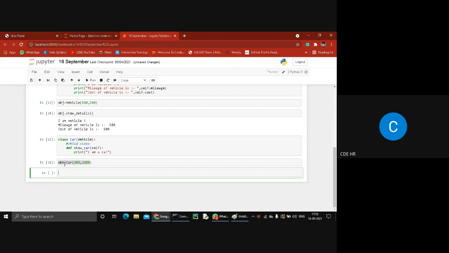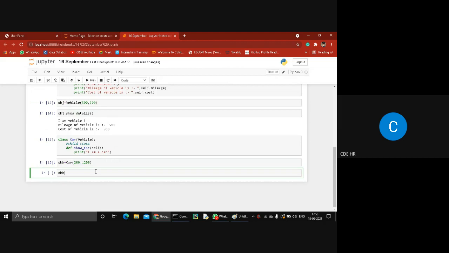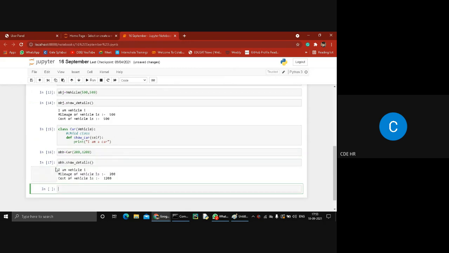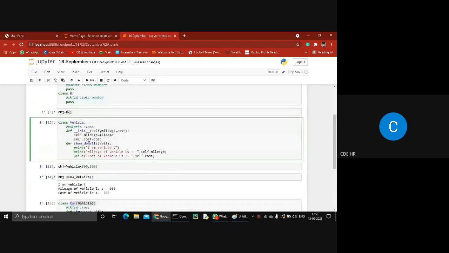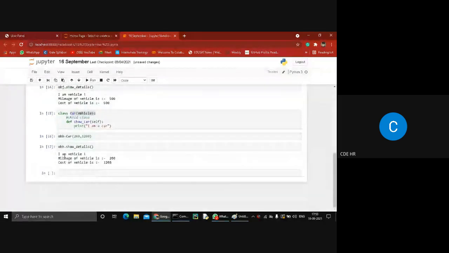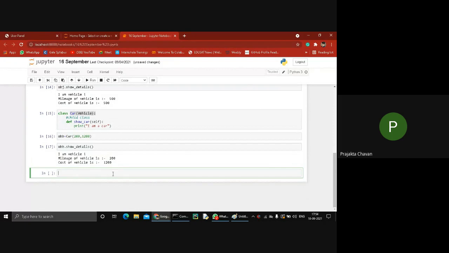Now, using this object, I call this function show details. You see, using the child class, we have fetched the data of another class, Vehicle. You see, this is a vehicle property. Got it? Okay, so again I told you, inheritance means it contains the properties of another class, and also contains its own property.